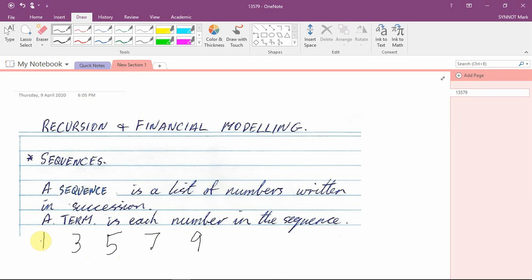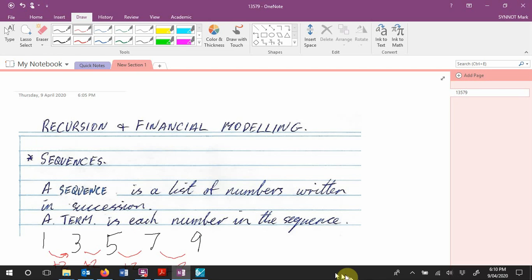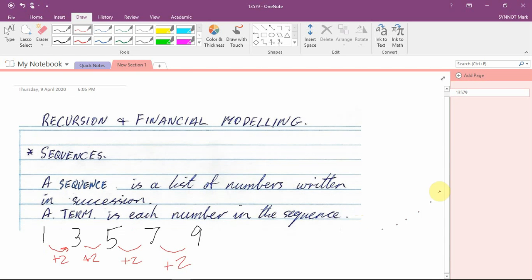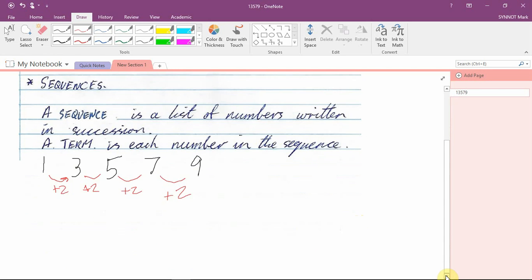and each of those numbers in the sequence, as you can see, there's a pattern. All right, so that's plus 2, so here plus 2, here plus 2, and here plus 2 as well. All right, so in this case we've got a rule in this one, and the rule